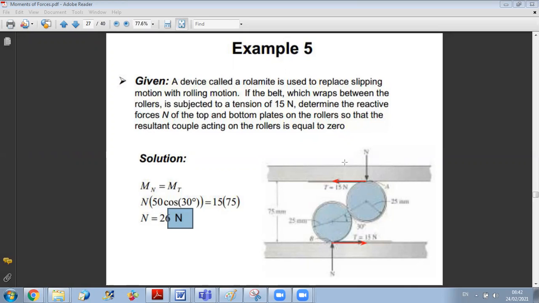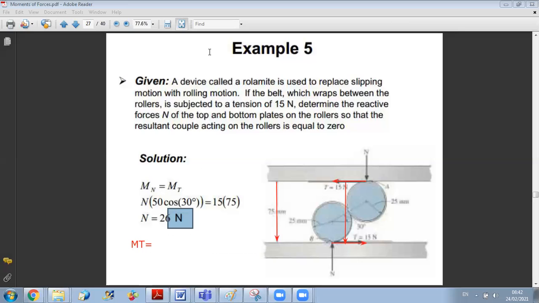So they create a couple. Each force is equal to 15 Newton. To find the couple created, I need to determine the perpendicular distance between them. As can be seen in the figure, this distance is given. This distance is 75 millimeter. So I can write here that the couple of T forces is equal to, look, I should choose a positive